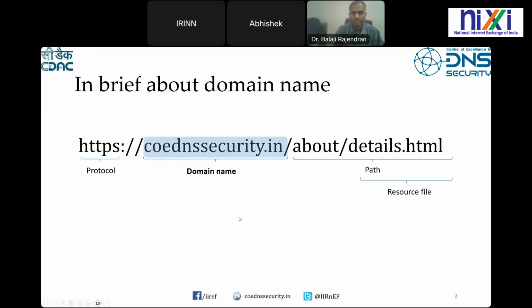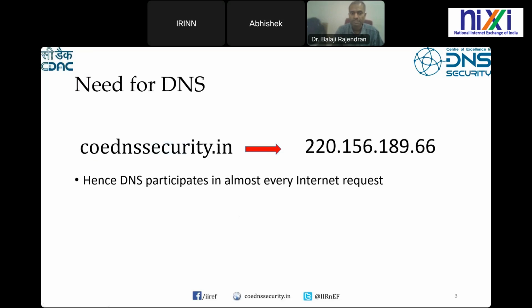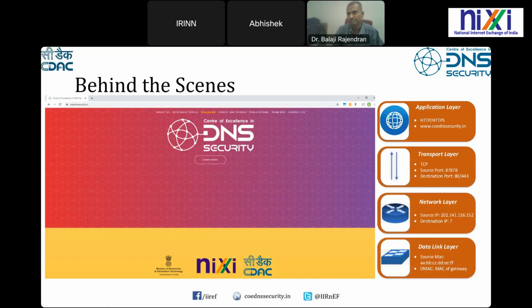When we talk about a domain name like coednssecurity.in, it actually translates to an IP address, something like 220.156.189.66, which is an IPv4 address. What actually happens behind the scenes is what I'm trying to explain in the next couple of moments. When you type coednssecurity.in in your browser,